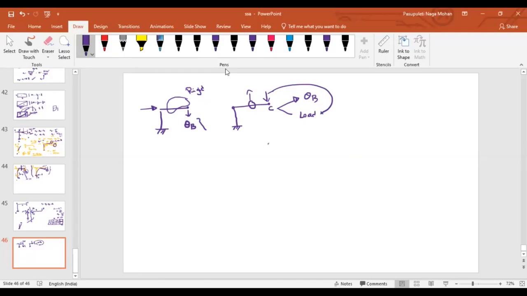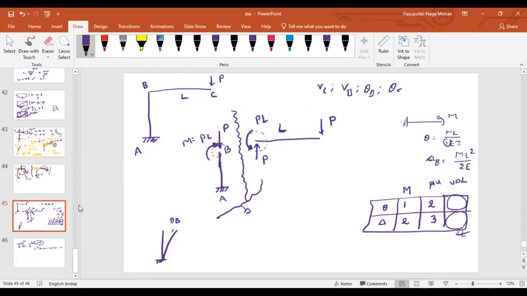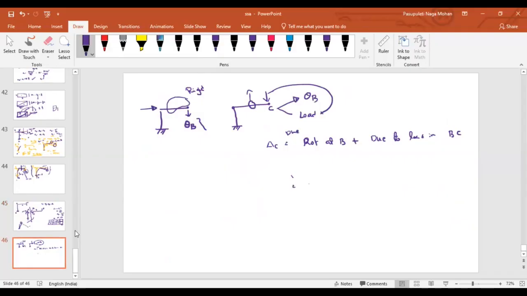So simply, if I want to find out my vertical deflection at point C, what I will say is that it is due to rotation at B plus due to loads in BC. Now, because of this rotation, what will be the deflection that is possible here? Forget about this load first of all. If you forget about this load, because of this rotation, how much deflection is possible at C? That is nothing but rotation at point B times the length of the member BC